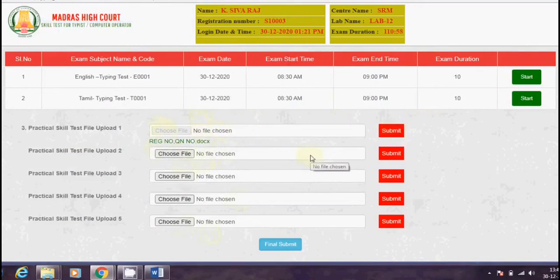The candidates are required to follow the same instructions and procedure while uploading the other answer sheets. After completion of answering each question, candidates are very strictly instructed to upload the answer files immediately so as to avoid last-minute rush and possible system hangover or crash. The candidates will be solely responsible for any loss of data or typed portion in the Section C practical skill test on account of non-saving of the documents by them. No additional time or chance will be given to the candidates.